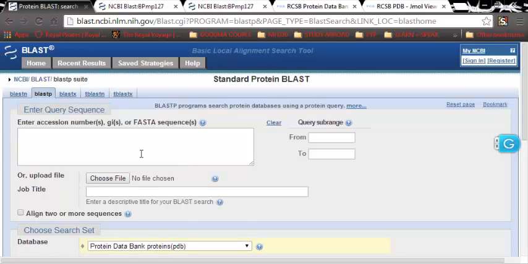Now you can see that there is a text area here. This is the place where you have to paste the BPMP file. So please paste it in the text area here,